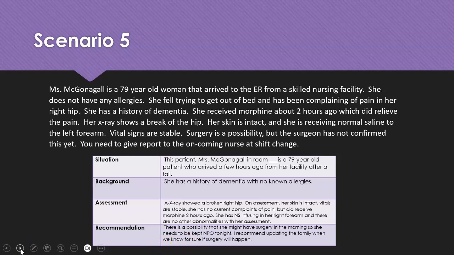So, if anybody has any questions, feel free to reach out via email or anything like that. But I hope that you guys did it like you were supposed to when I told you to pause, and you keep practicing, and you'll know because you'll be going to clinical how to do an SBAR report. And I want you to watch the nurses. Remember that little video that I showed you guys early on? What type of nurse are you going to be? How are you going to report? What type of things are you going to say?